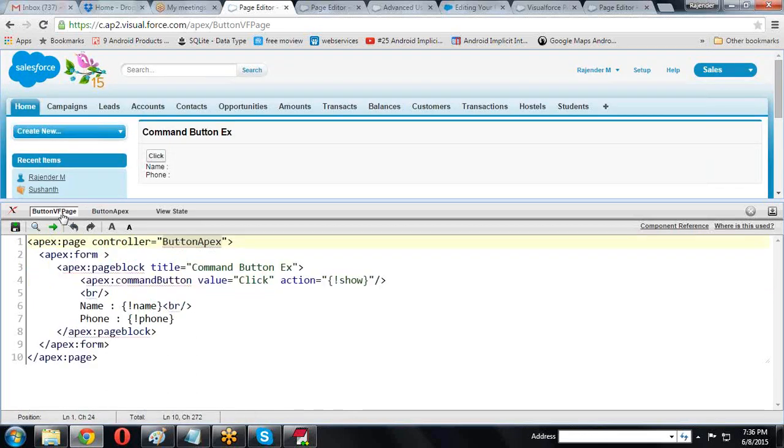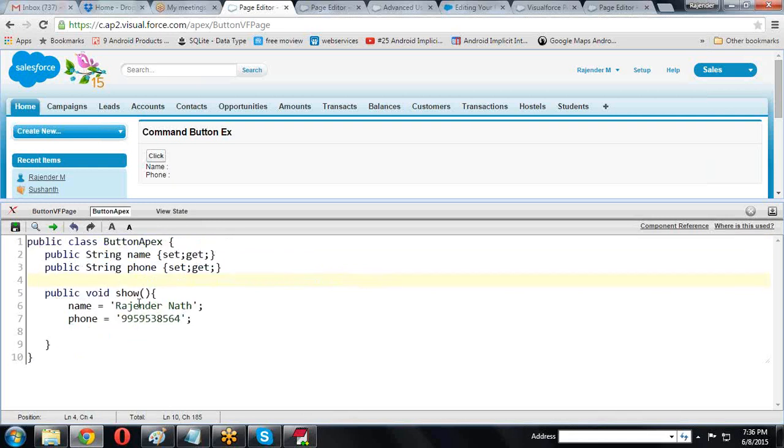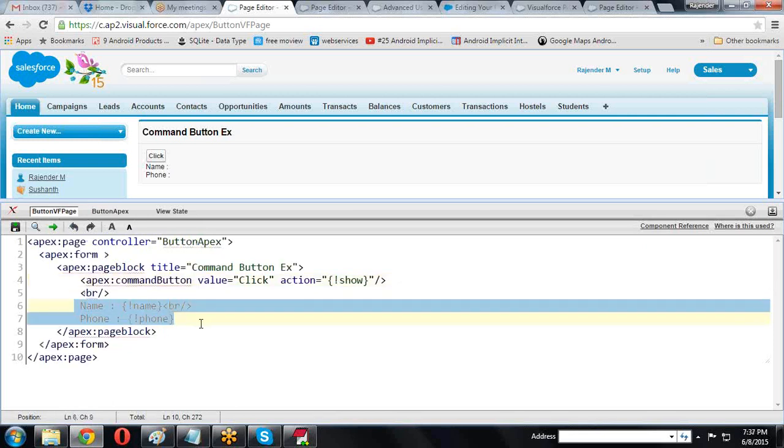So if I click the button, it executes the action, which is the show method being called. In the show method we have these two values, and we display them in the page block, the name and phone. Initially it is not displaying anything.